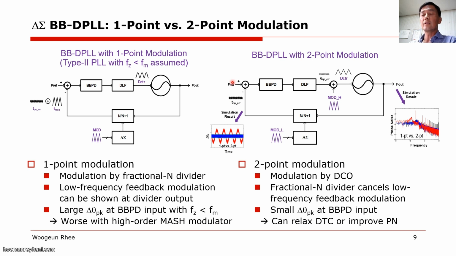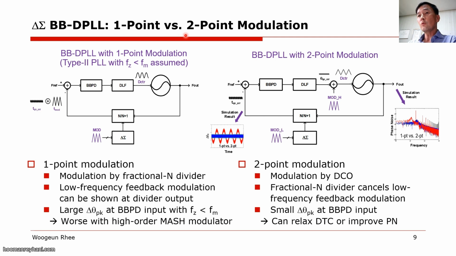And then for the delta sigma bang bang DPLL, I want to address that even though bang bang DPLL is very promising, still when we operate the bang bang DPLL in the fractional N mode, a huge degradation of the in-band noise will occur. That's why we must use the high resolution DTC. But before applying the high resolution DTC, we must know what are the different design aspects between linear DPLL and bang bang DPLL. So this is one good example.